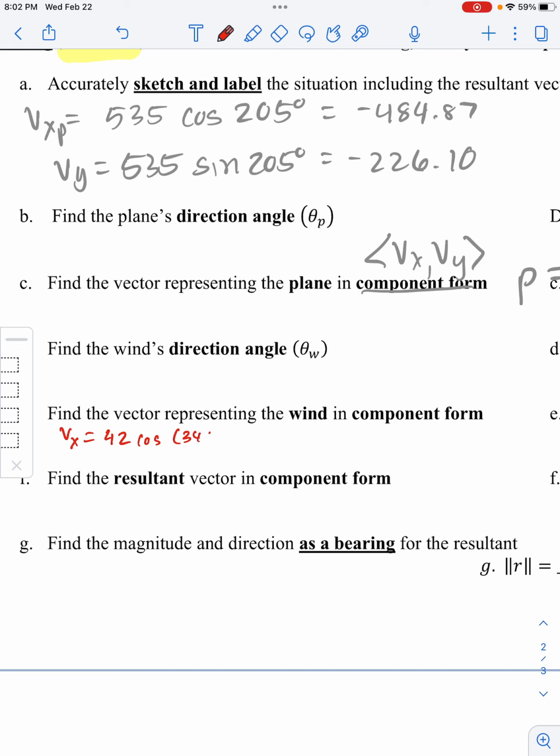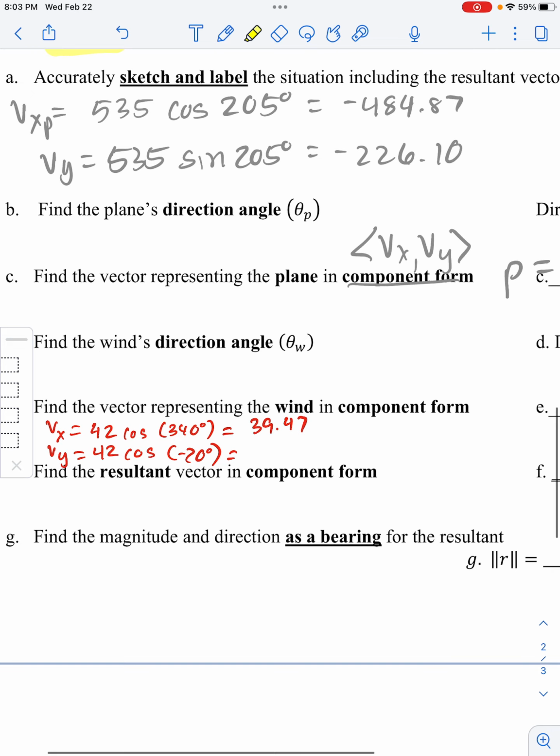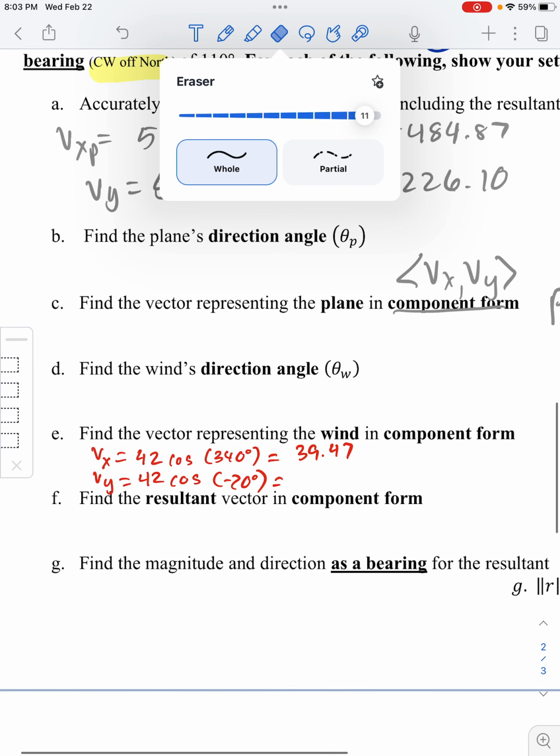Again, you can use 340, you can use negative 20, it won't make any difference. In fact, just to be rebellious and confusing, I'll use one of each. It does not matter. They are coterminal. So 42 cosine 340, I'm getting 39.47. What the heck? When I do the sine